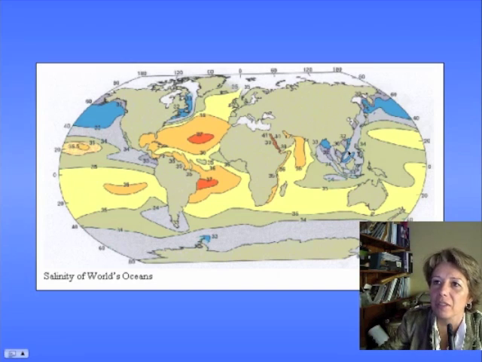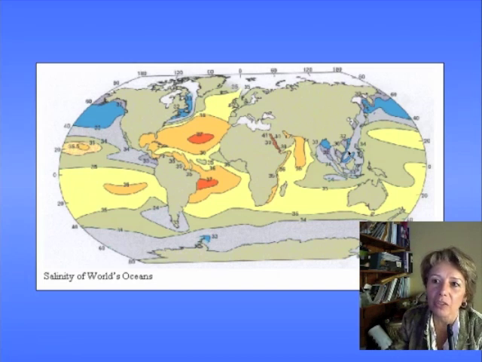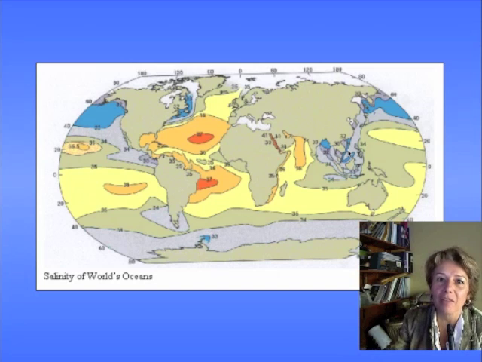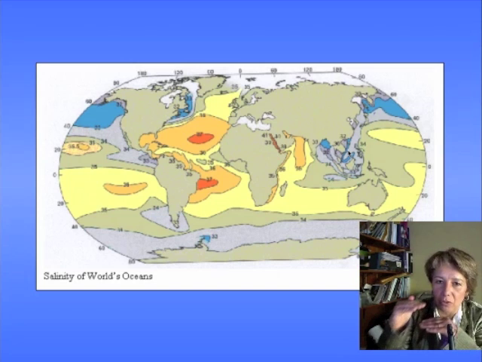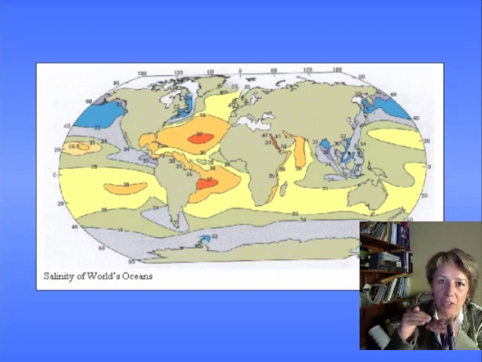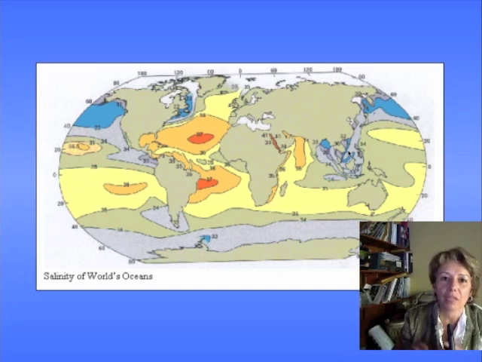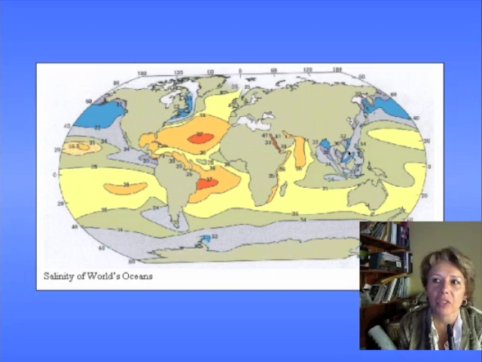But you'll notice that salinity doesn't vary very much. The least salty it gets is about 33 parts per thousand after a rain, and 37 parts per thousand is the most salty it gets when it's been really dry. So the salinity does not vary very much. You add a little bit of water, it may go down to 33 parts per thousand. You take away a little bit of water through evaporation, it may go up to 37 parts per thousand. But salinity tends to stay very constant in the